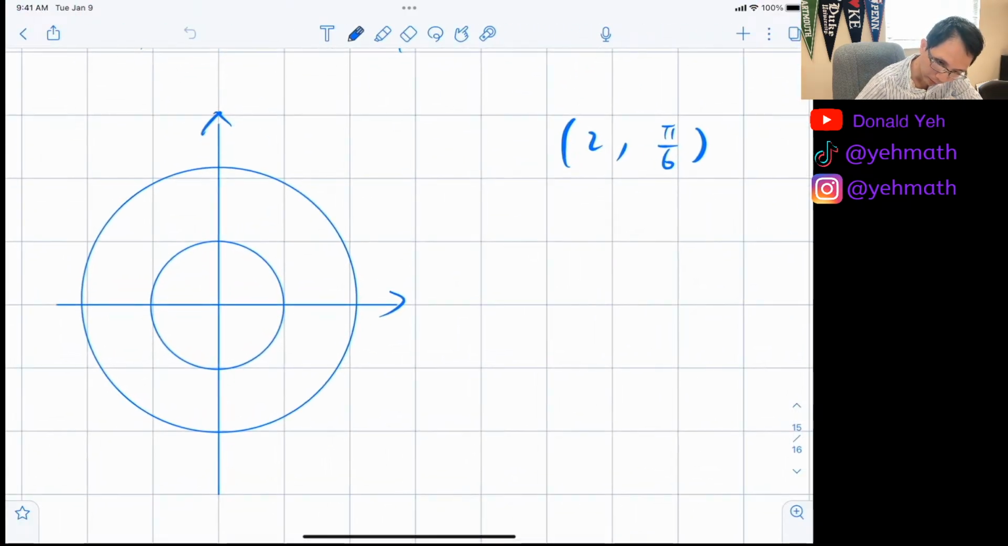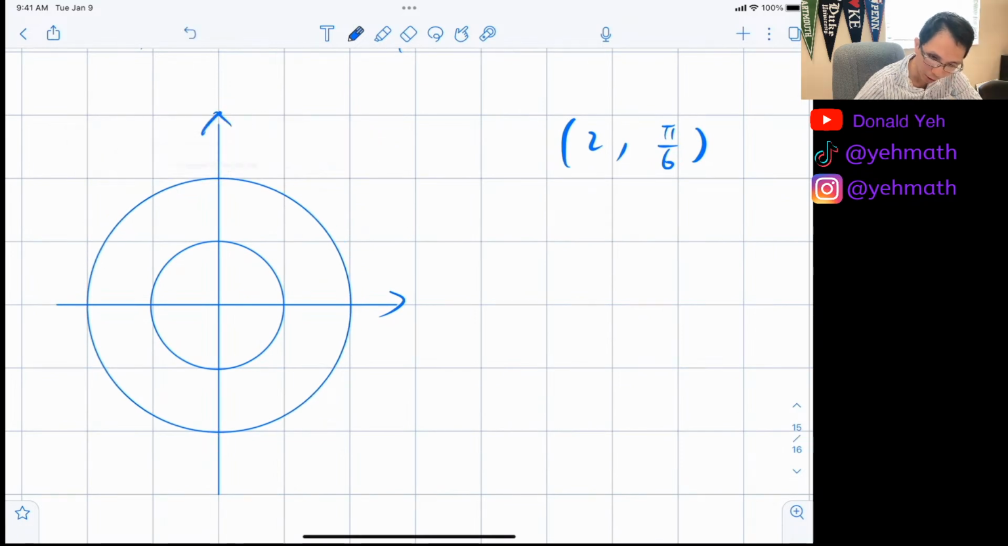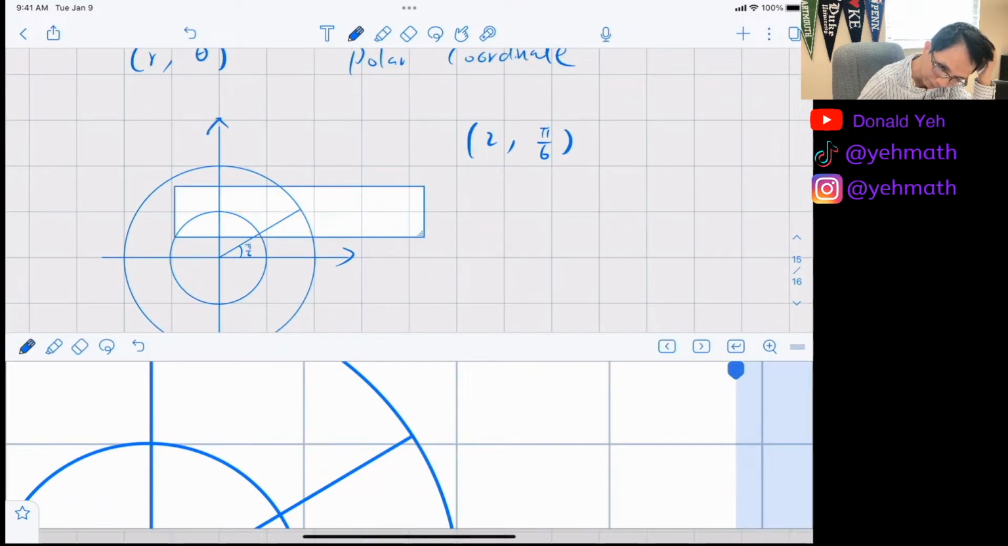It just tells you the angle you're moving and how far you're moving. So that means at 2 rings, radius 2, and at pi over 6, which is roughly like this. We're gonna call it theta equal to pi over 6. Now this point here